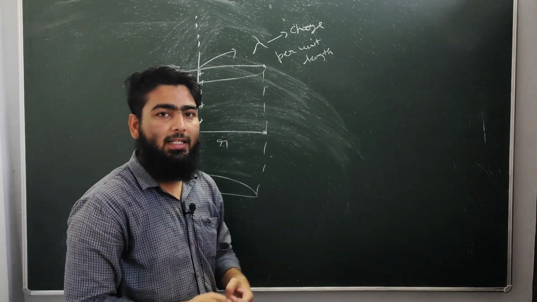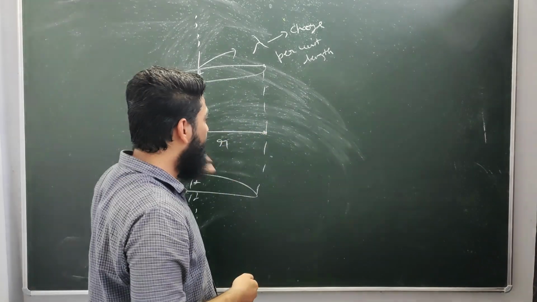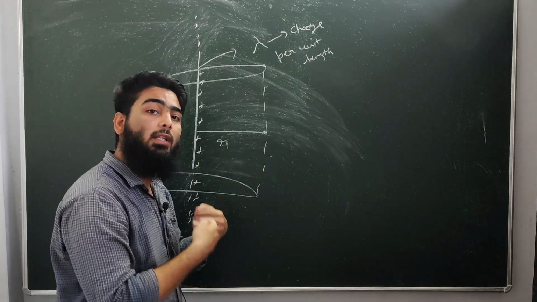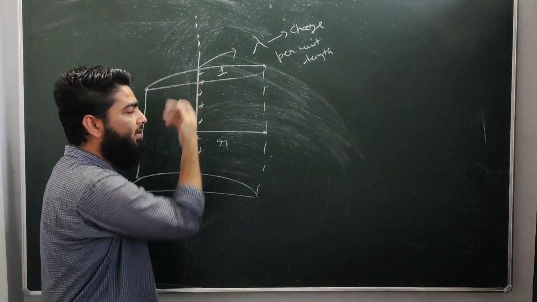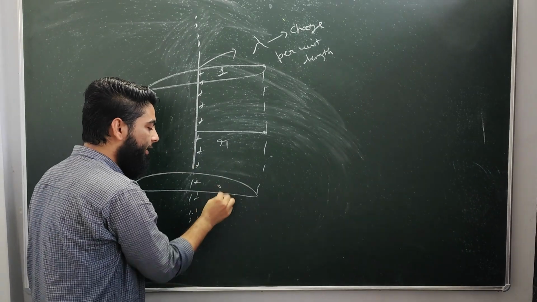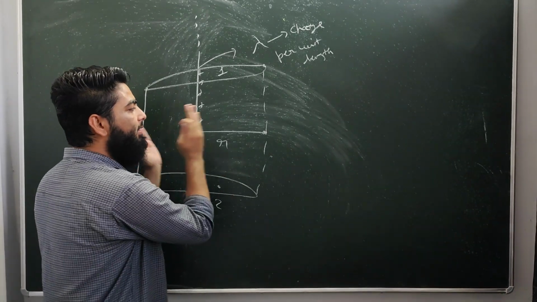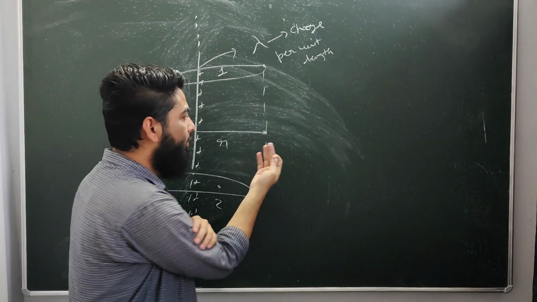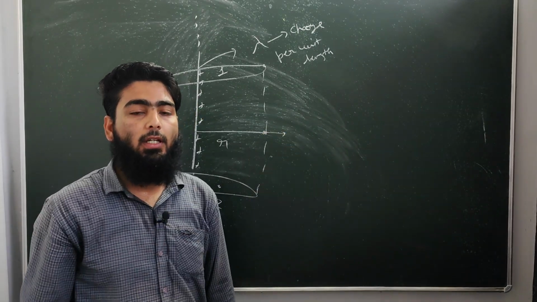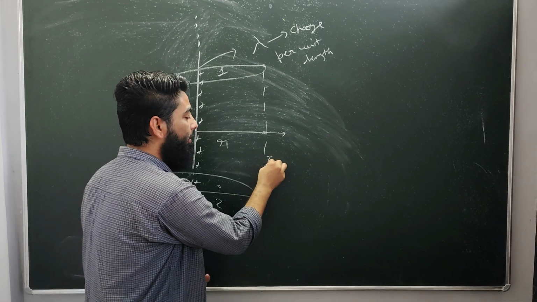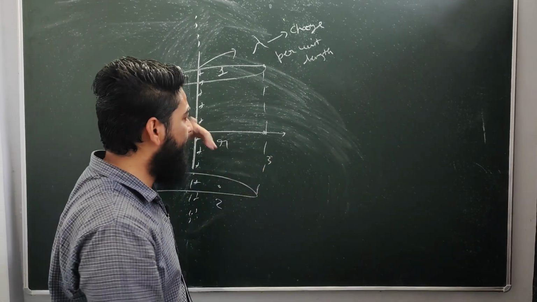To find out the net electric flux through the whole cylinder, you have to see all the cross section areas. This, let's say, is cross section area 1, which is obviously a circle, and this is cross section area 2, which is also a circle, and this is the curved surface area of the cylinder. So there are basically three ways for electric field lines to come out of the surface. So you are calculating the total flux in terms of these three areas.